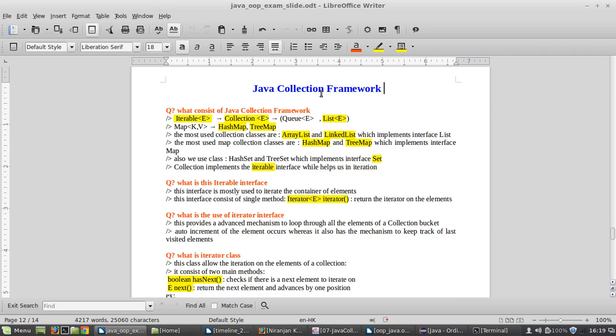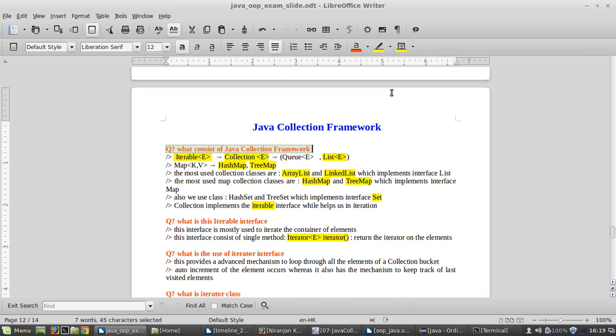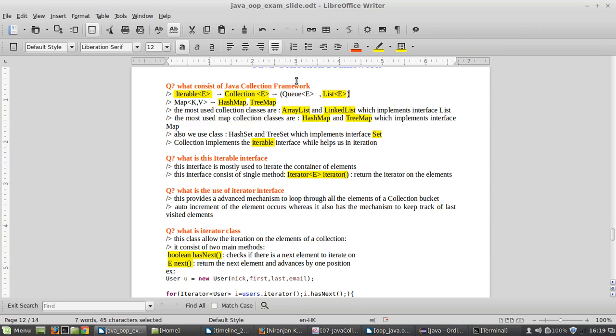So right now our topic is the Java collection framework, right? The important question we have to answer is what consists of the Java collection framework. It consists of many interfaces. If you go and check it out, the interface Collection with a generic type E consists of